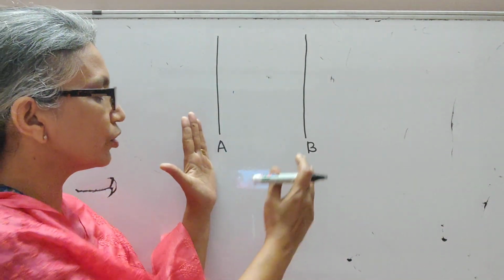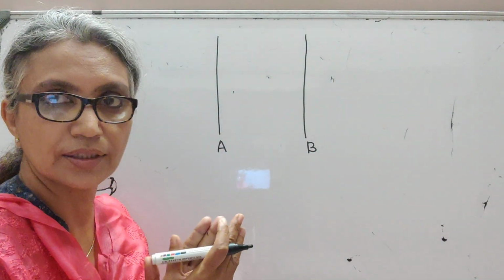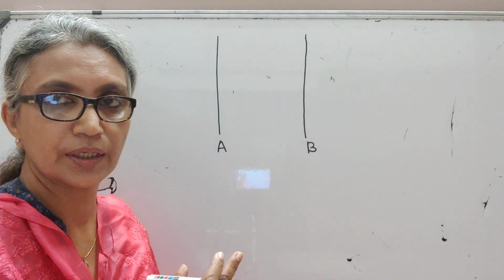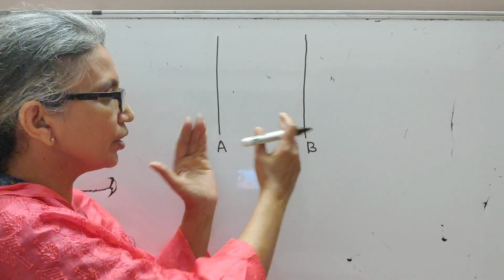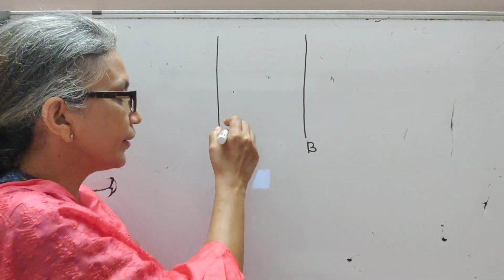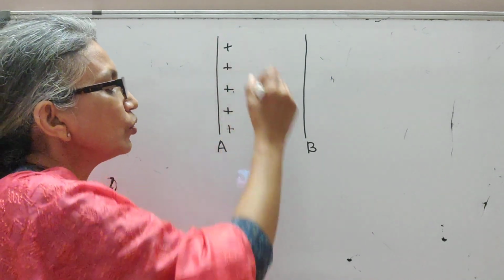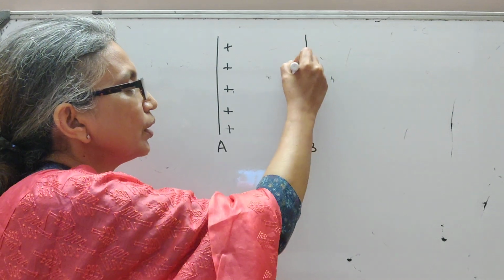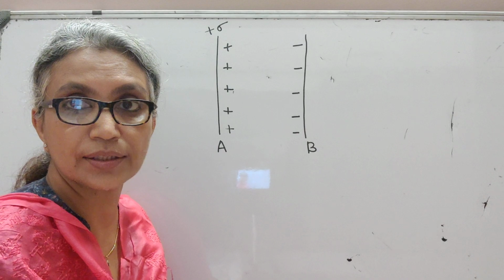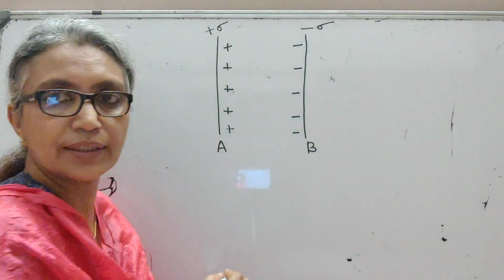So here we take two metal plates A and B, which are the two metal conductors which have the ability to store charge and therefore store energy. You can charge these two metal plates by simply connecting them to the terminals of a battery. If you charge metal A with positive Q, then you charge metal B with negative Q, so that the charge density on metal A is plus sigma and the charge density on metal B is minus sigma.